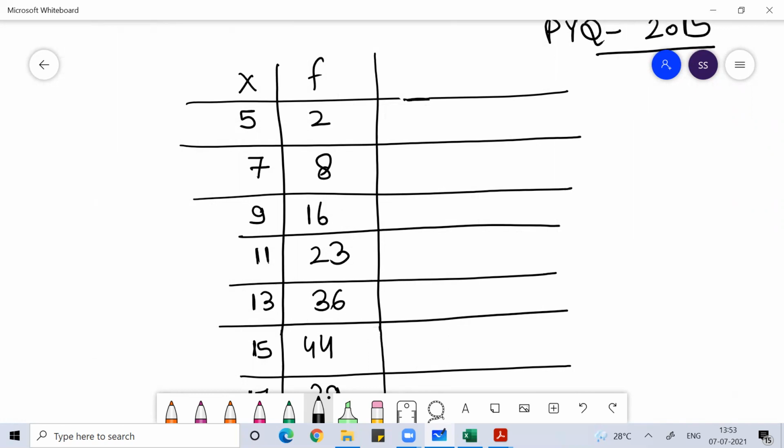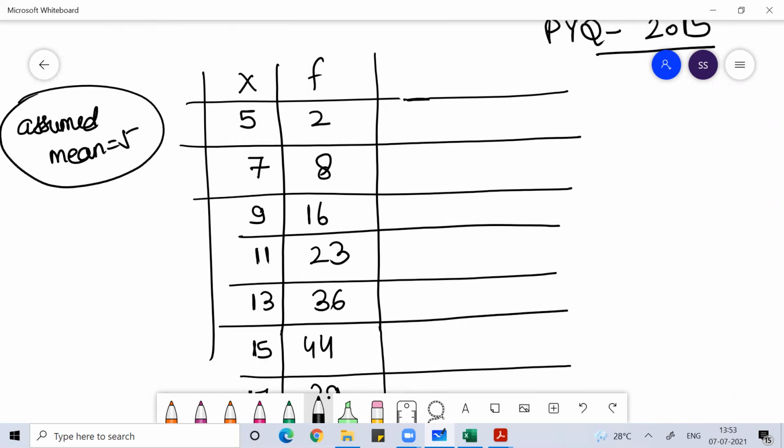So I'm just trying to do it by the assumed mean method. Let my assumed mean be 5. I always take the assumed mean as the minimum value. You can take the middlemost value, whatever you feel. Doesn't matter, guys. You take 11, 15, 18, do anything, doesn't matter at all. The value of d is equal to x minus assumed mean. Assumed mean I took as 5.